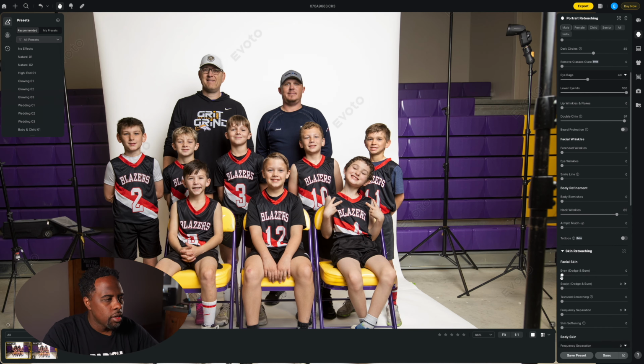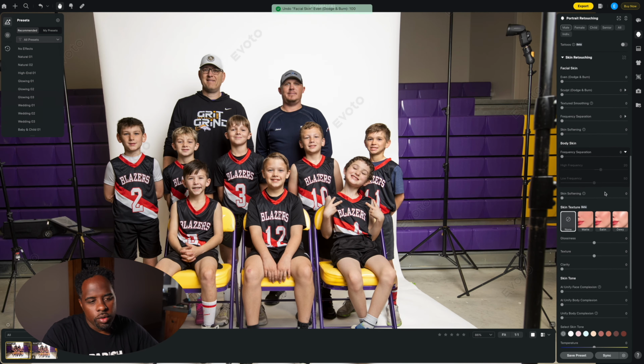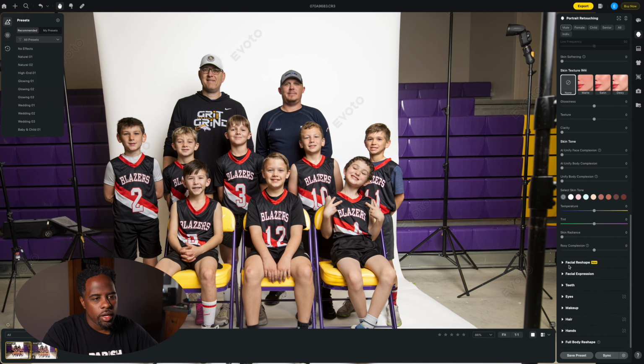Okay, skin, you can mess with that if you like. I don't think we'll need to. You can see it didn't really do much, so we're not even gonna touch that one. There's no reason to. That frequency separation, we're gonna need to do that today. And then what I wanna roll down to is this eyeglass glare, because if you look at Coach,